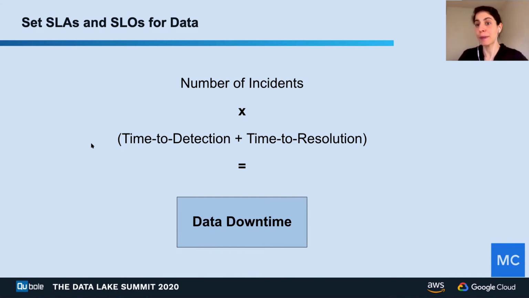A very simple and straightforward place to start is by looking at 3 key metrics, which I think are the most important. The first is the number of data downtime incidents. So literally, how often do we have those? Is it a couple times a day, a couple times a week, a couple times a month? How often do we have these incidents, and are we improving on those over time?